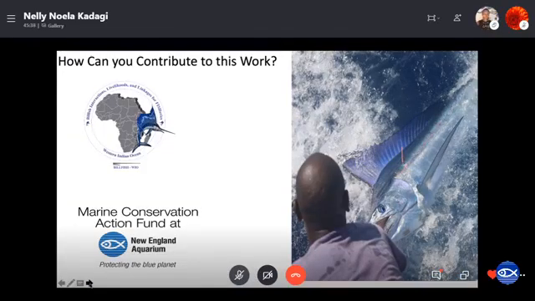Lastly, I get this question a lot. How can we contribute to this work? For us, what we would request is talk about billfish, help people understand, help us create the awareness, because when you think about, again, a highly migratory species like this, one person cannot do this work alone. My team of collaborators cannot do this work by ourselves. And so we need you to be able to spread the awareness, tell your children, tell your friends, tell anyone about these magnificent species that continue to fascinate us.